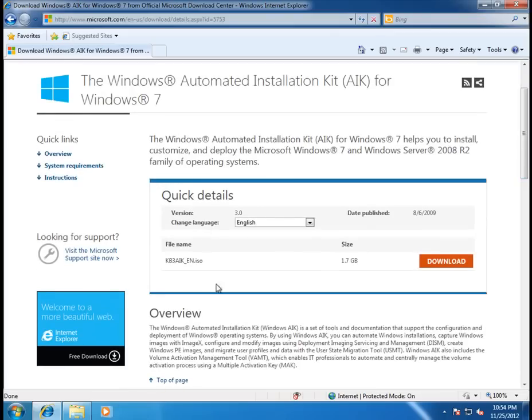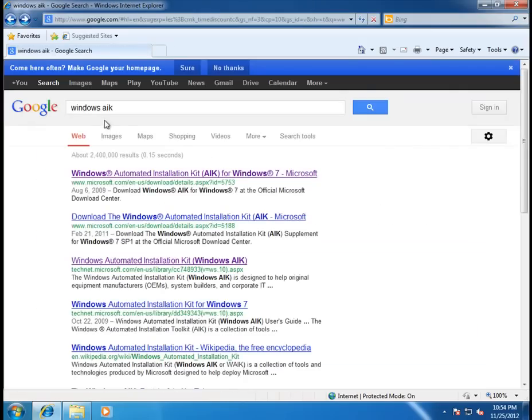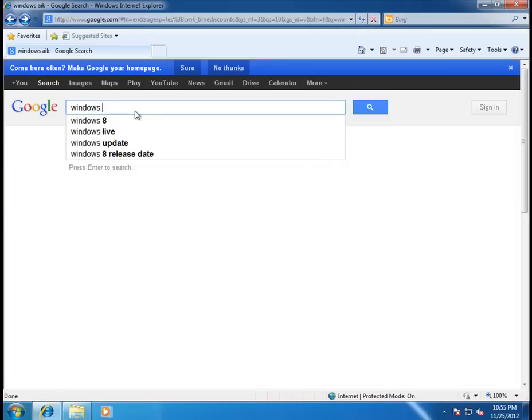But, however, this is the one that I downloaded, just so you guys can see that it's version 3, and it's a KB3 AIK underscore English ISO, and it's 1.7 gigabytes. So you guys saw what I typed in to get to that, which I typed in Windows AIK to download that. So I want to download the Windows 8